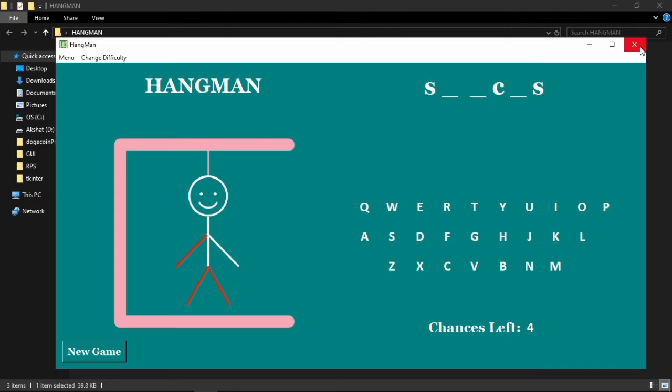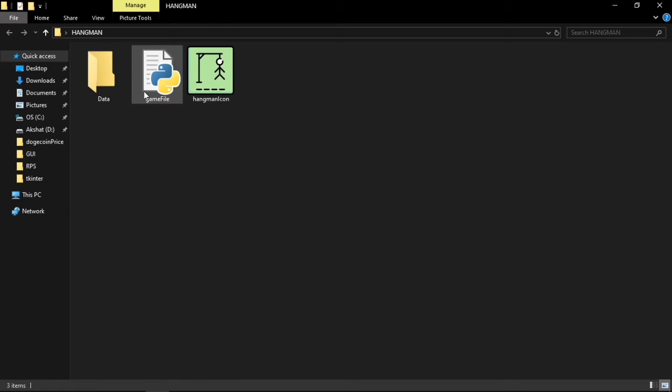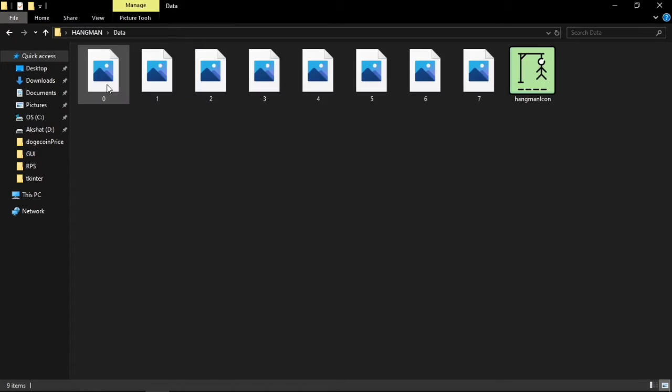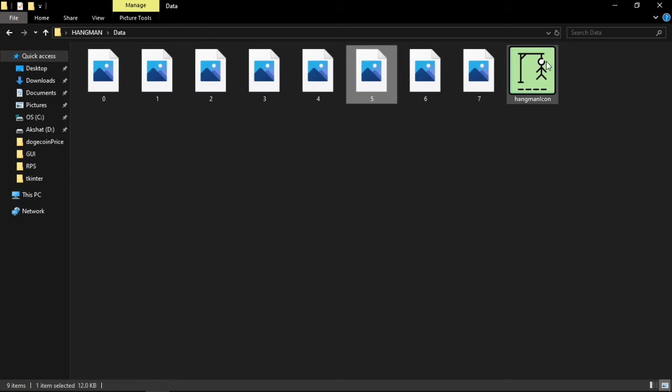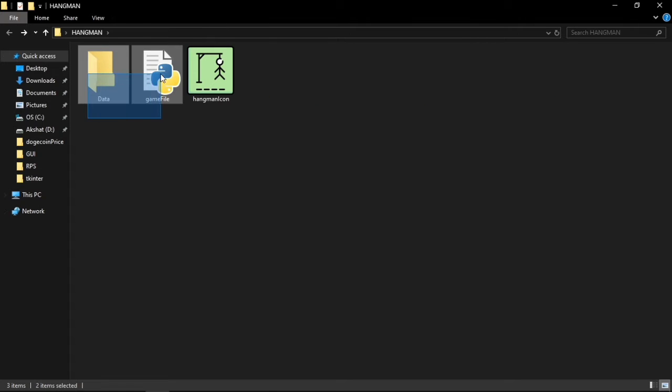So right now it's a .py file, and this data folder contains the images. For example, this image, and for example the icon file you can see over here. So what I want is that I want to compile both of these into a setup file.